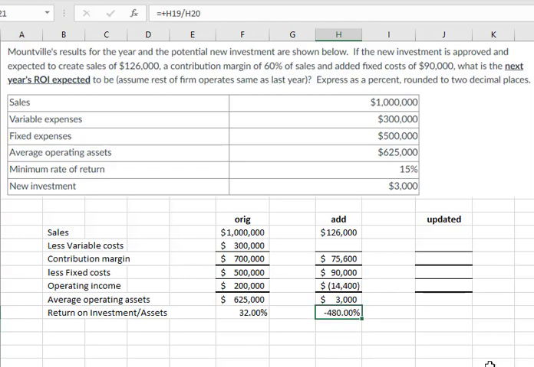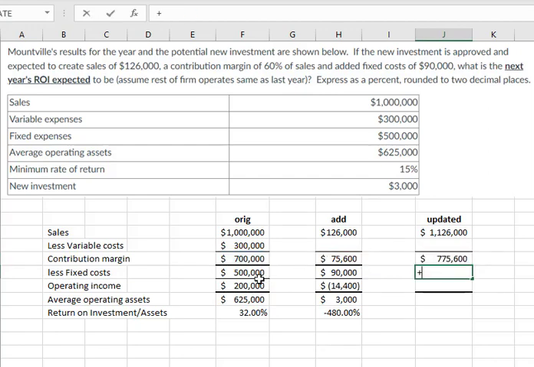And that's not looking too good. They must have some really good reason to invest in this, I guess. It's non-economic. But there's non-economic reasons to invest, such as a safety issue or a compliance issue where you don't have any choice. All right, so sales with the new investment in it,